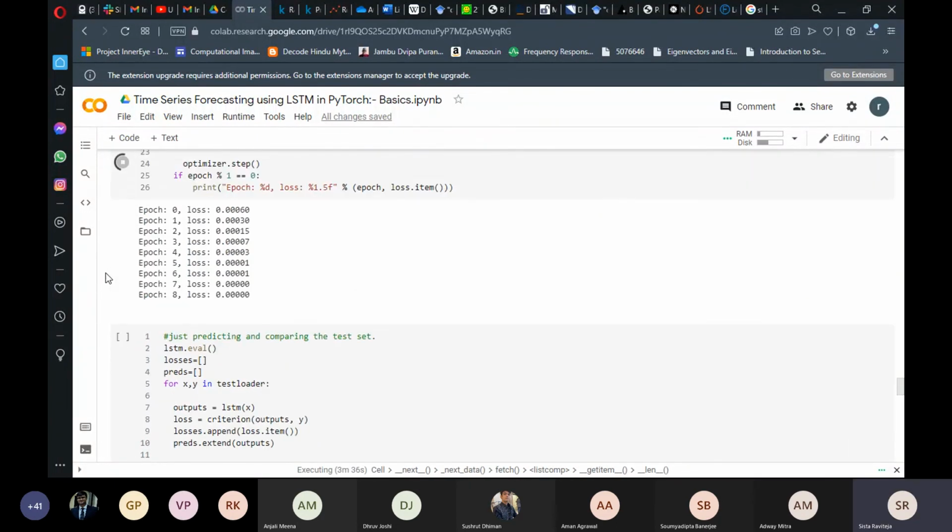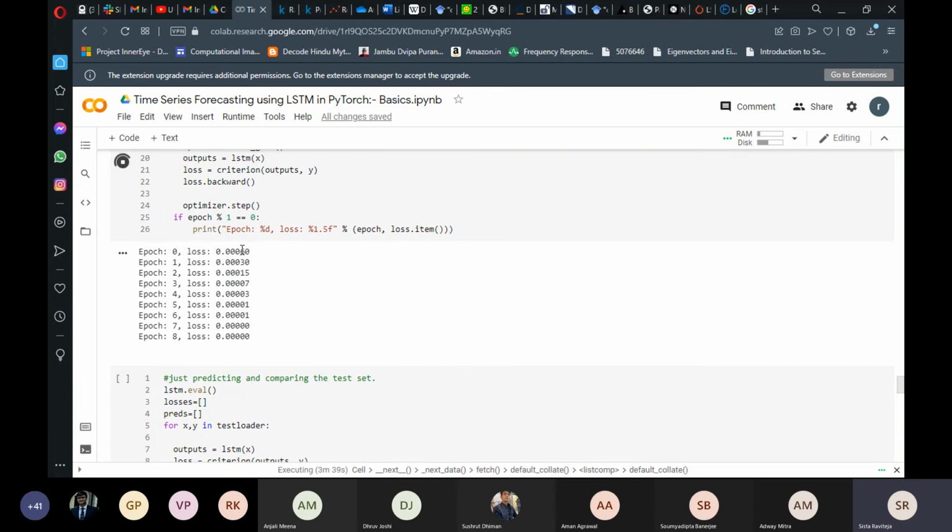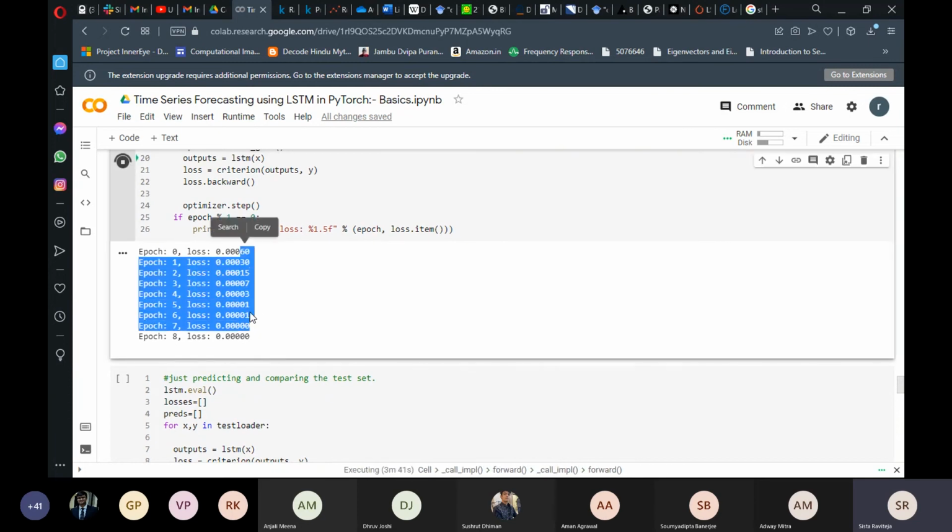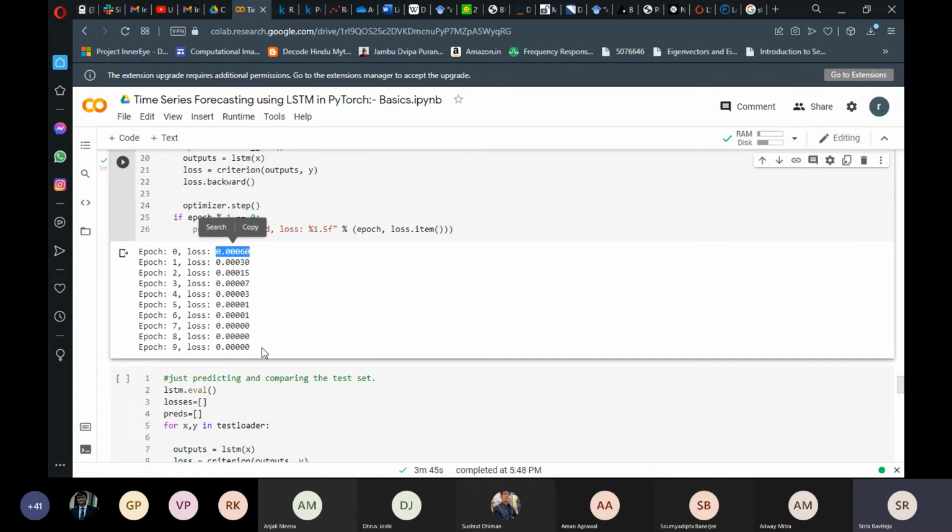And now I hope we are almost at the end of the training and you can see the loss is decreasing. But the main thing is, when you're training on batches, whatever loss you're seeing is the average loss across the entire batch. It's not the accumulative loss, it's the average loss. So although it is showing 0, it doesn't mean that it's exactly 0.